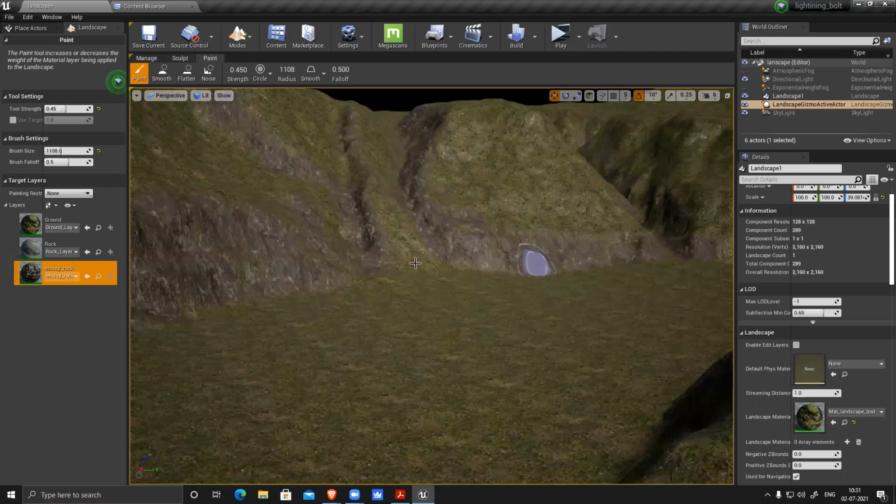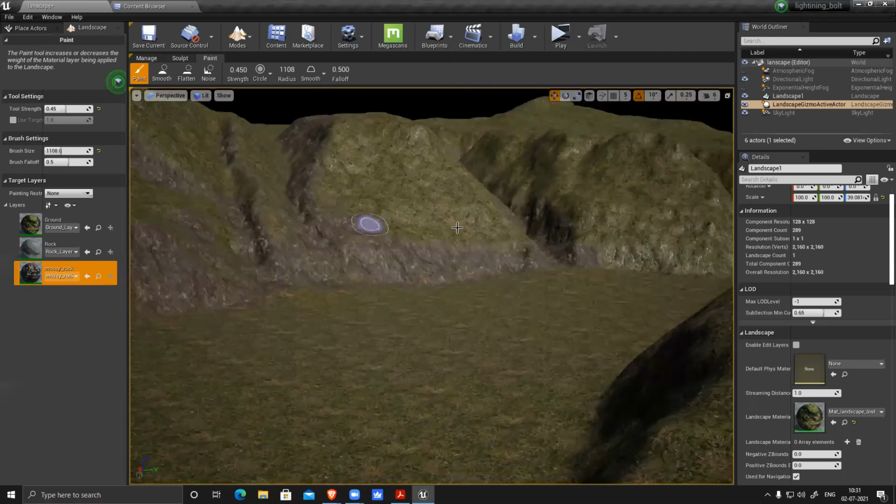It's a little time consuming process, but if you do it right, you will get amazing quality landscape.